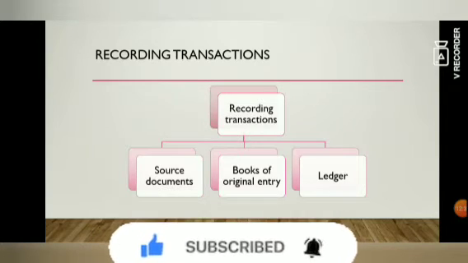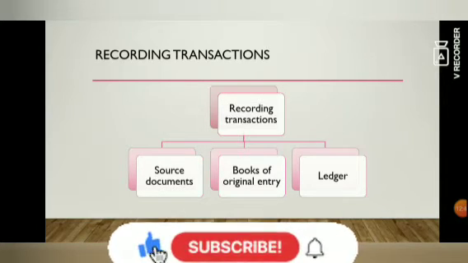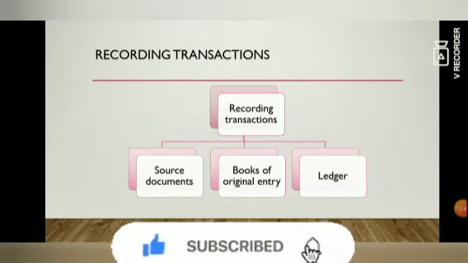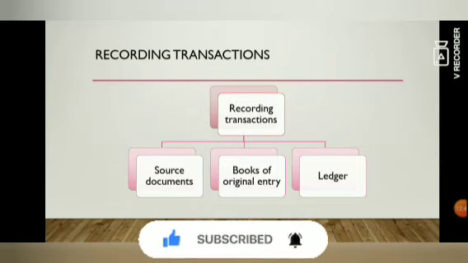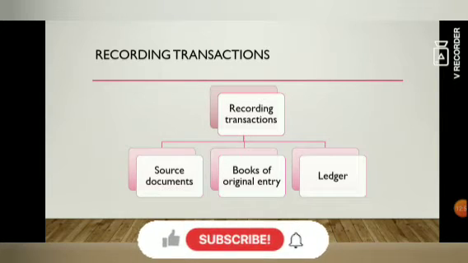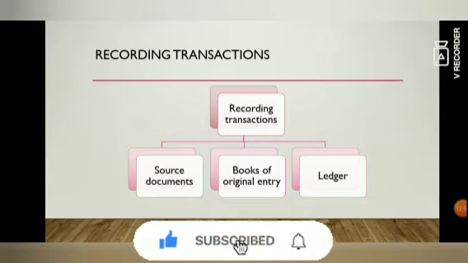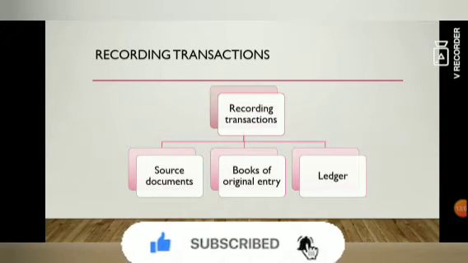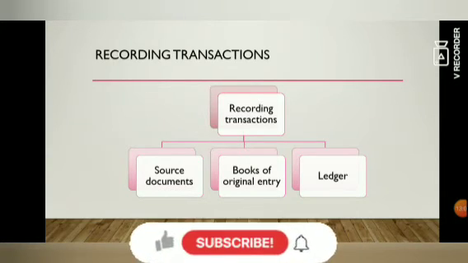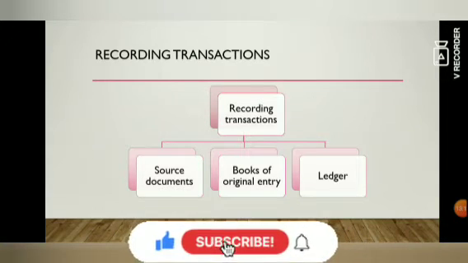Once you record in the books of original entry, a further reorganization is done into something called a ledger, where the transactions are posted into individual accounts. For example, if you have 10 customers, you record the transactions for each individual customer separately, and that makes things even easier. You can check, for example, how much Ron owes me. I can go to the ledger and check how much Ron owes me. I can have a full look at all the transactions that have happened with Ron, and that makes life really easy for people involved in business.